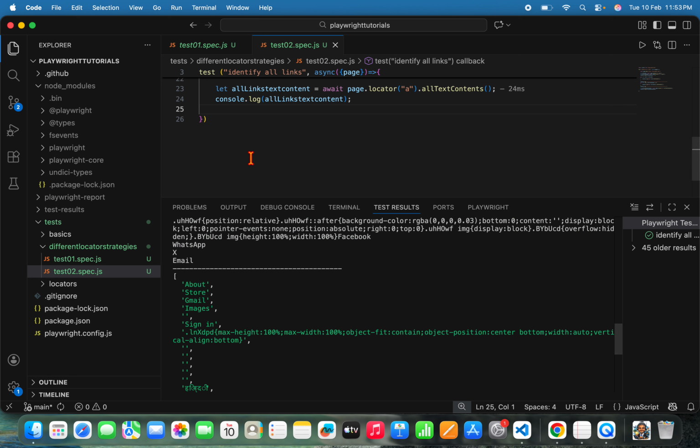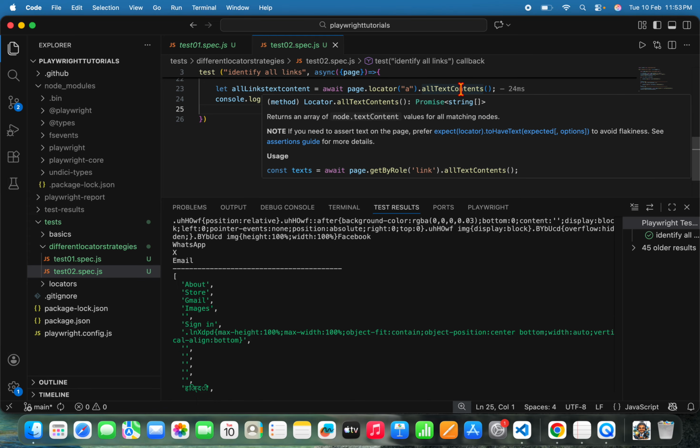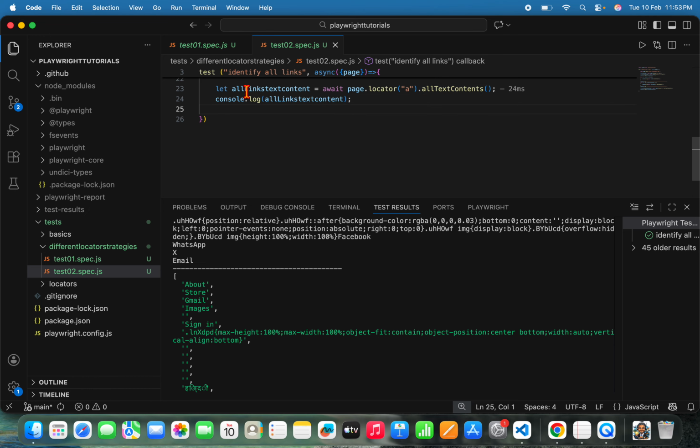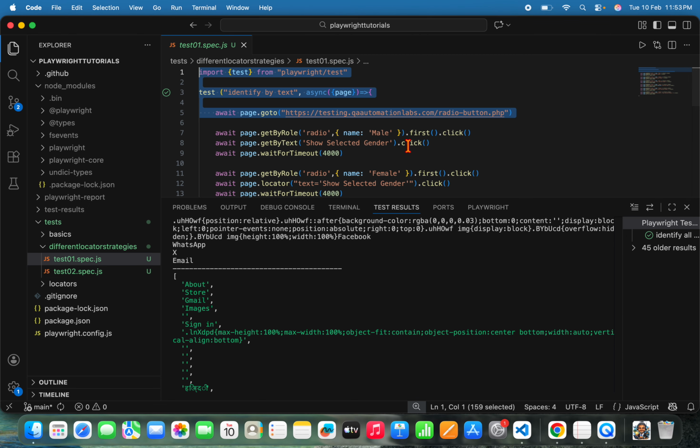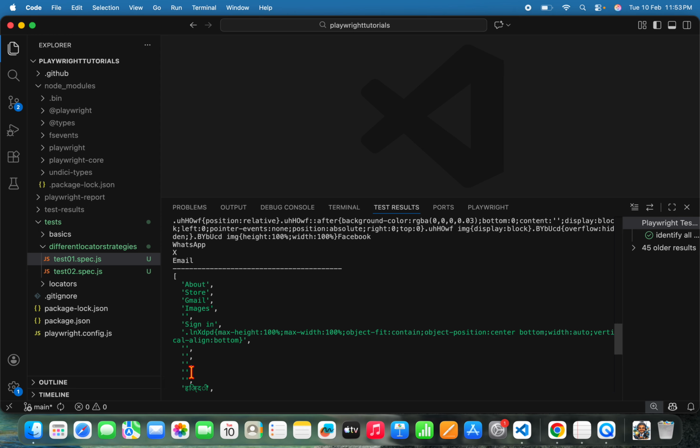From here you can understand this returns an array. All text contents returns an array, and that array is what is stored in this all links text content, and we have printed it here. Okay, so these are the multiple ways in which we can capture all the elements present in a web page and print here. Okay, with this I'll move on to the next one,